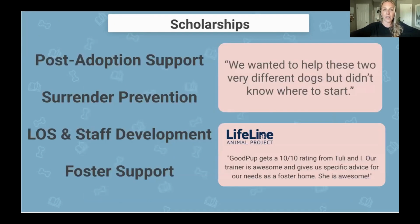And then the third thing is scholarships. So that's what I mentioned in the beginning. Scholarships are essentially like gift certificates. So we know that the training that we provide is a lower cost, like I said, than what typically a private trainer would be. However, sometimes that's still inaccessible to some people. So a lot of our partners, which me in my previous role with HSUS was the first one to do this,